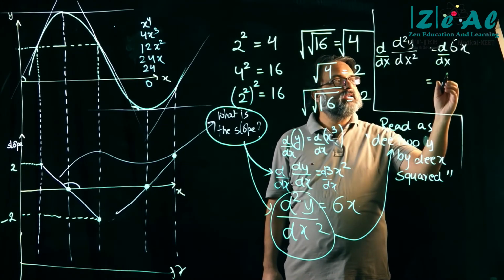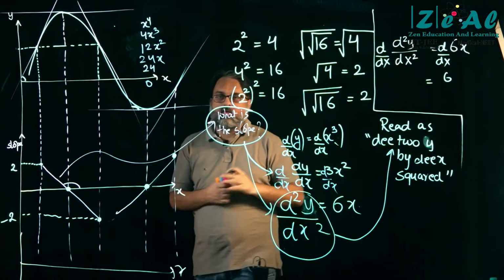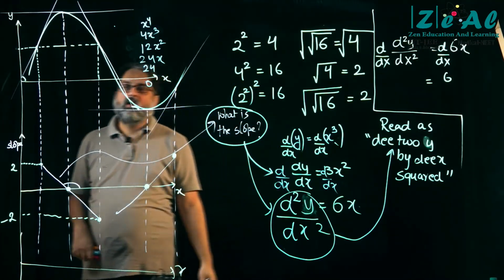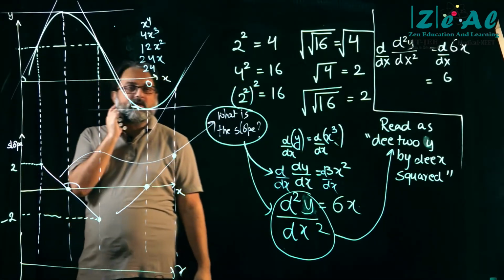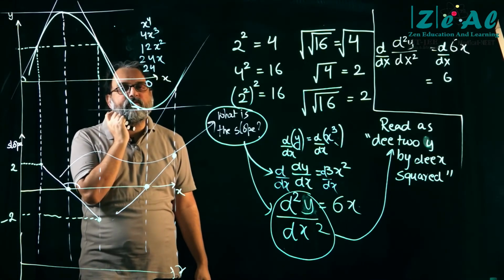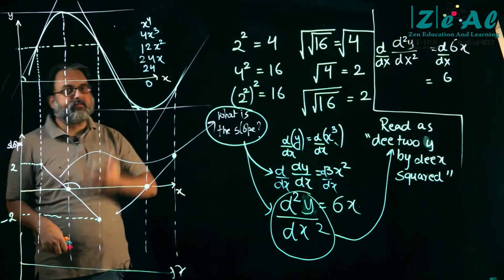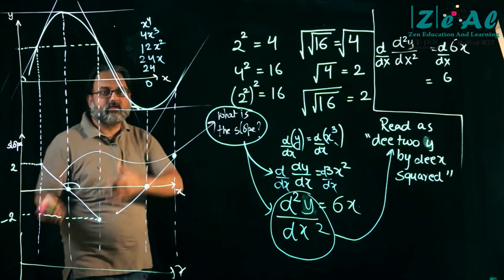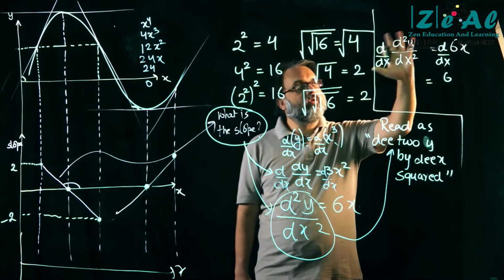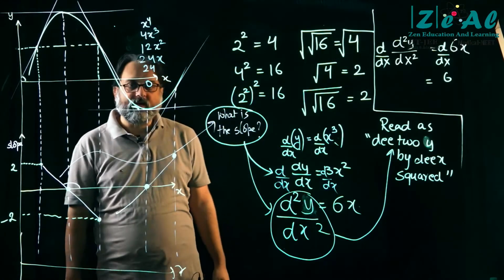So the right hand side is easy, 6x का differentiation 6. What do you think will come on the left hand side? What should I write on the left side? It is just a matter of notation. You know that it will be the triple differential, differentiating thrice. How should I write this? कैसे लिखना चाहिए मेरे को?